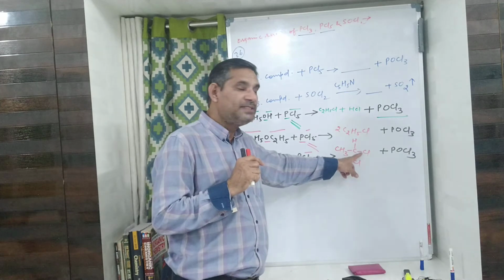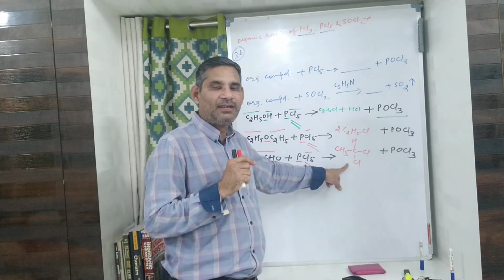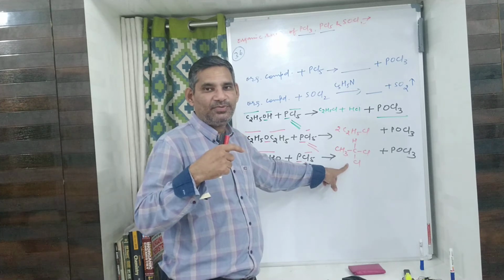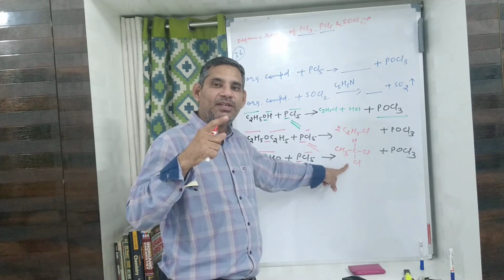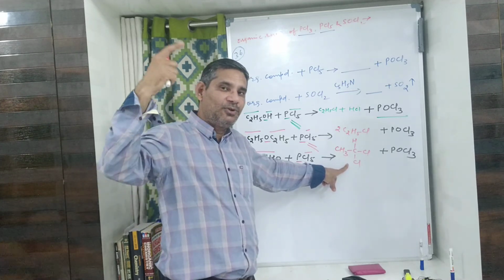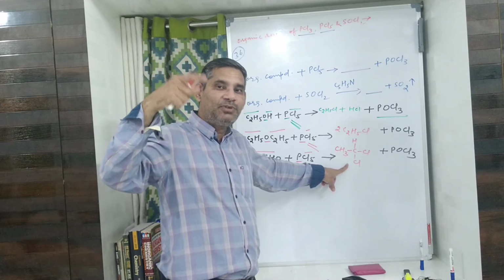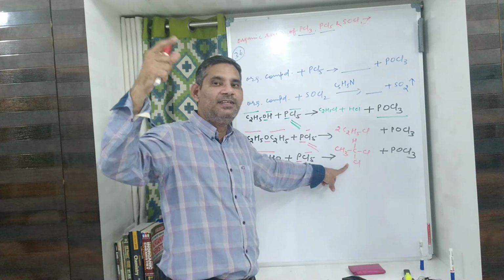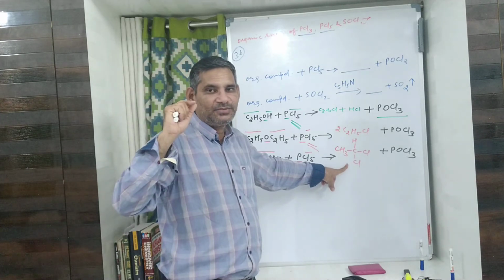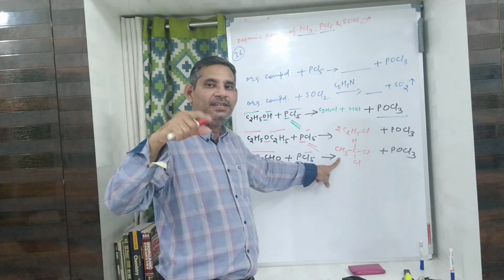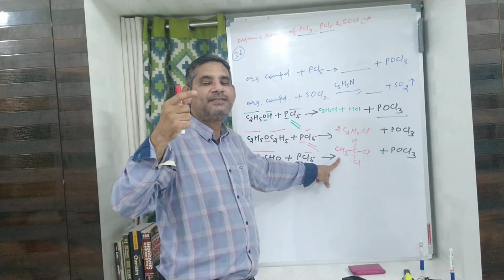If both halogens are on the same carbon atom, that is geminal; gem means same. So it will always be alkylidene chloride: ethylidene chloride, propylidene chloride, butylidene chloride. So this is geminal dichloride, this is ethylidene chloride, or this is